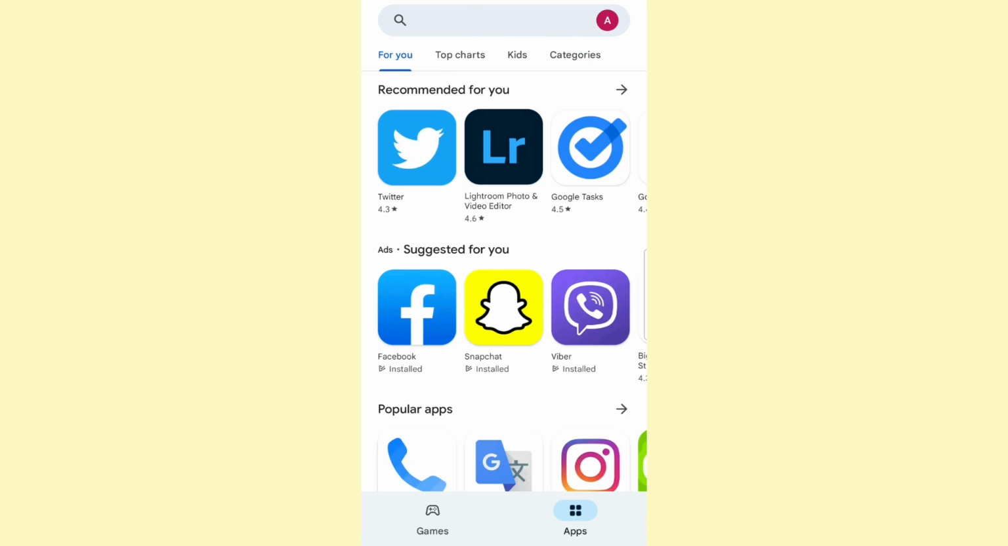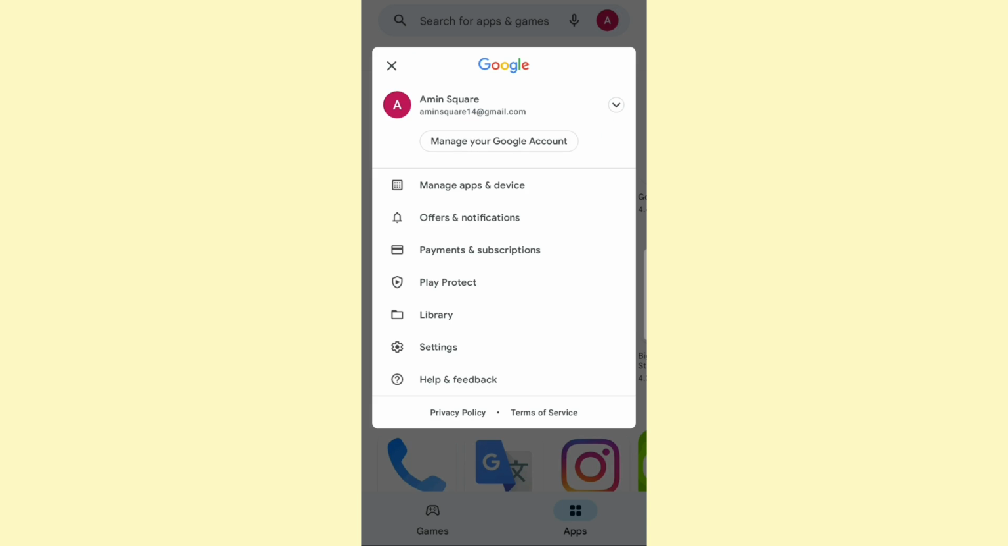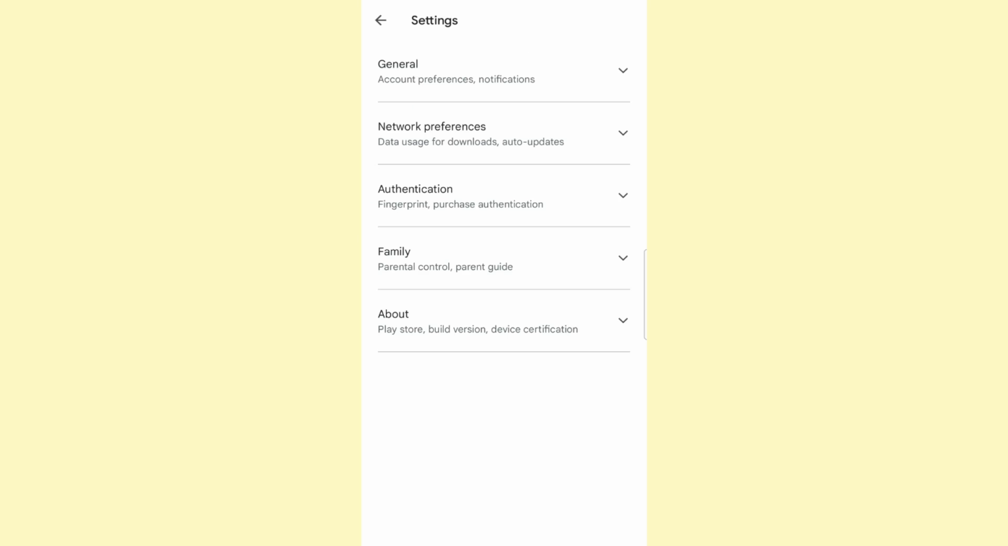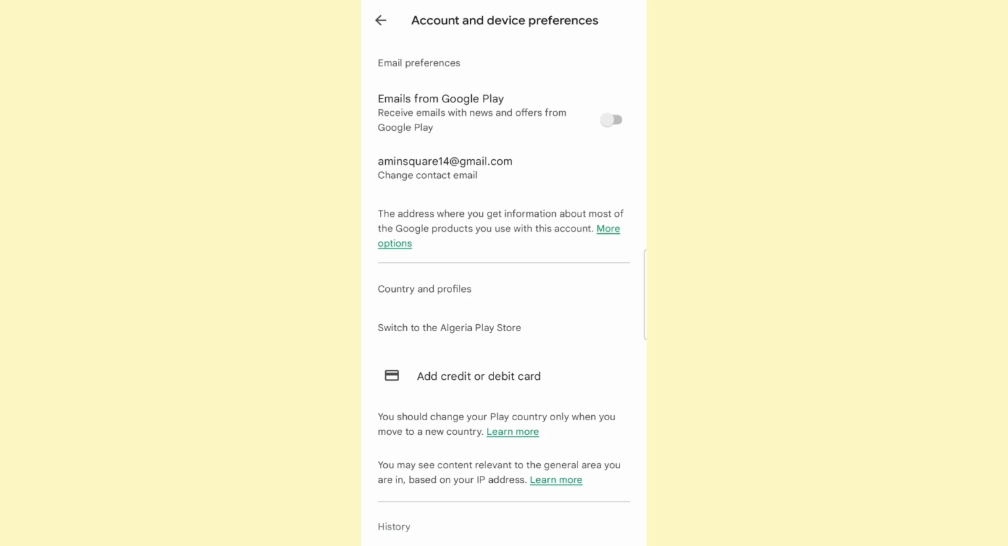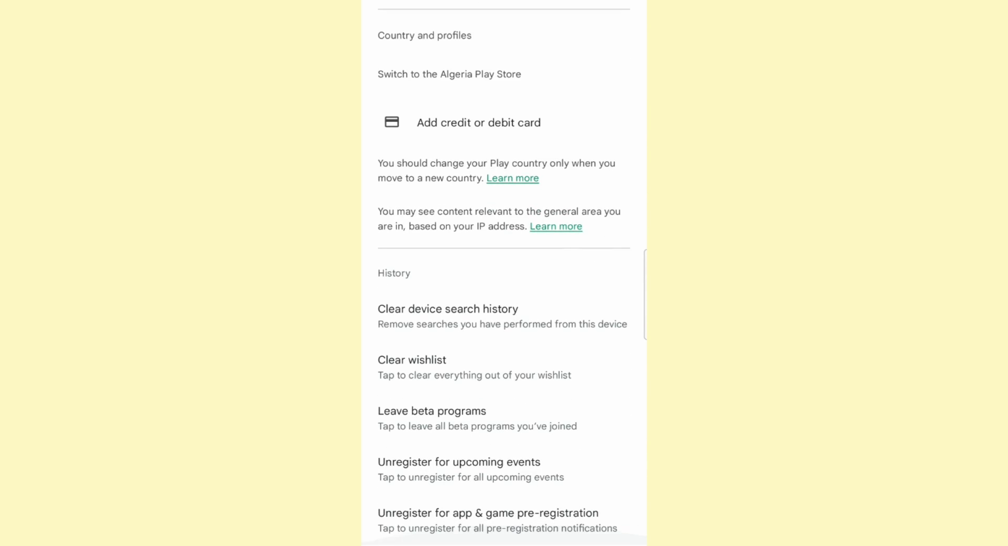From the home page, click on the profile picture or icon at the top right corner, then click on settings and click on general, then click on account and device preferences, and here you want to scroll all the way down to the history section, and from there click on clear